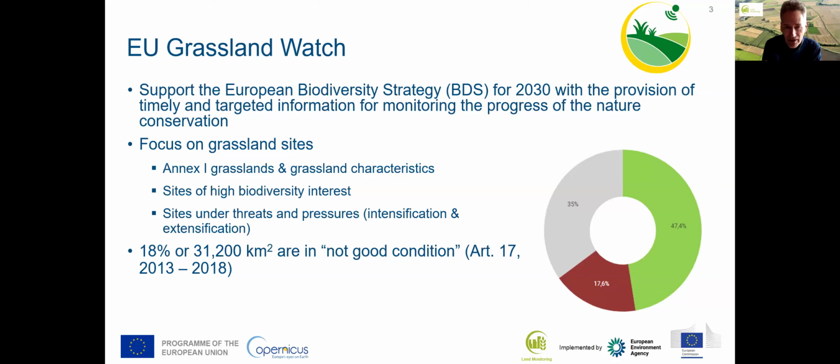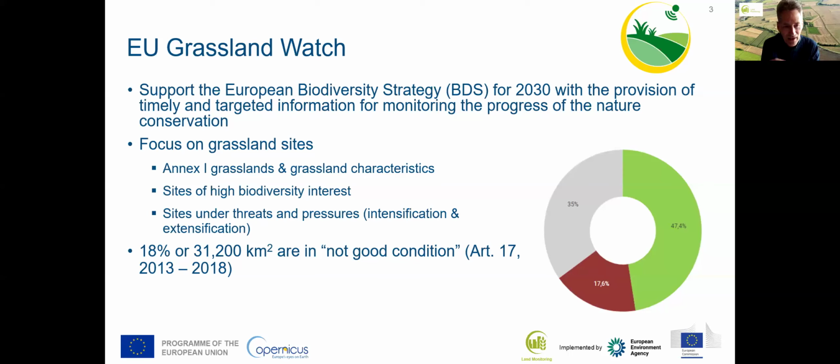Or you can have the opposite. You can have a land abandonment. You are not using your site enough. You have shrub encroachment, you have bush development, you have land abandonment, so that people are stopping to produce any agricultural work. So all of that leads to changes in the grasslands, and they can have unwanted effects,